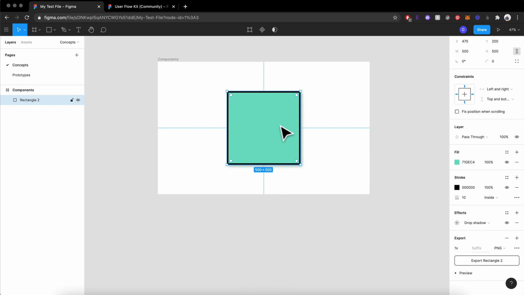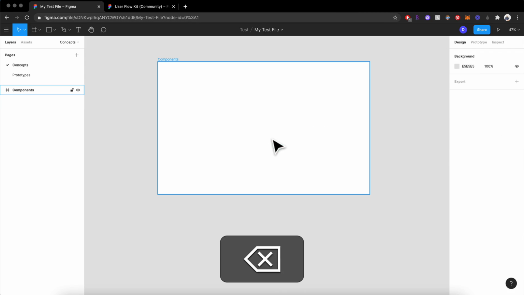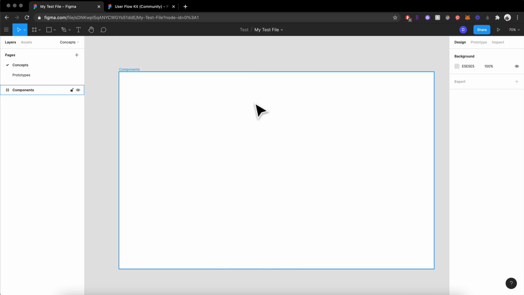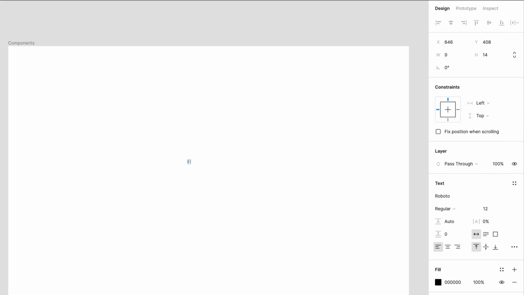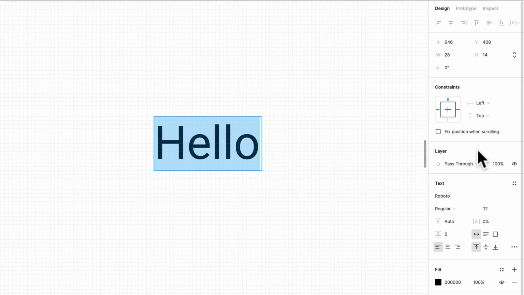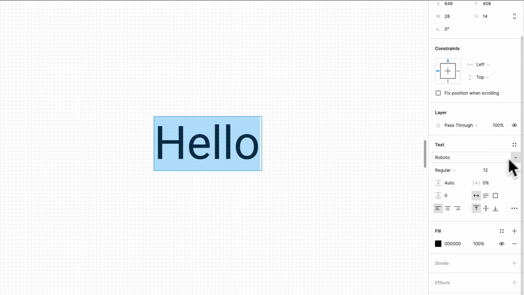Next, we have text. So I'm going to delete this nice square that we made. So I'm just going to click delete or backspace, and I'm going to select T for the text tool, and I'm just going to click. I'm going to write hello and Command A, which will select all of them. And you'll notice that they still have the similar properties. Like we don't have the corner radius here. Yeah, that's basically kind of what we don't have, but now we have a text